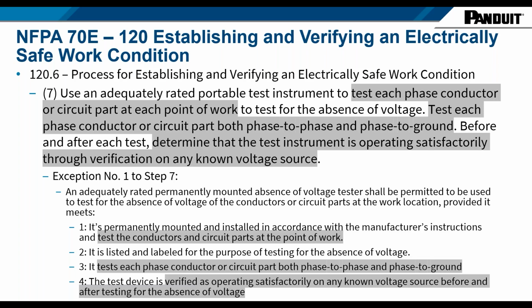Bullet point number 3 is to test each phase conductor, both phase to phase and phase to ground. Again, the exact same way you would have to do it with the portable meter. And then finally, you've got to make sure that the device itself is working on a known voltage source both before and after the test. So not only does the device itself need to be confirmed as working, it also needs to make sure that it's still connected and terminated properly and measuring voltage properly, which is something that you can't quite do with a portable meter, right? You might get a 0 voltage reading, but you might not even be making contact with the conductor either. So